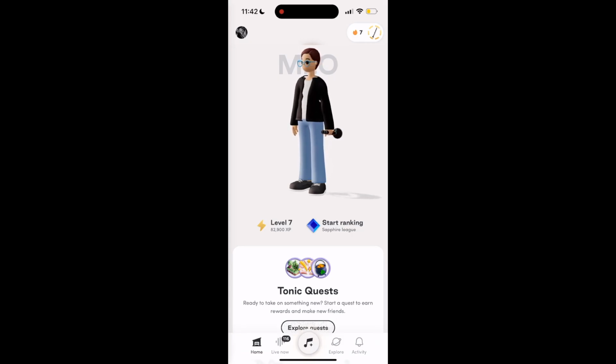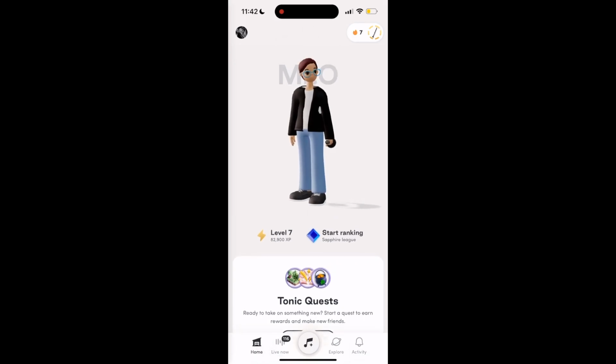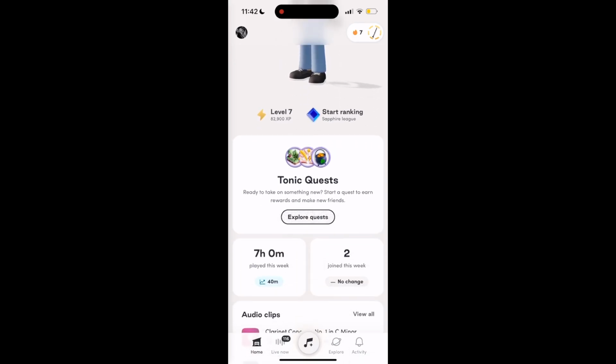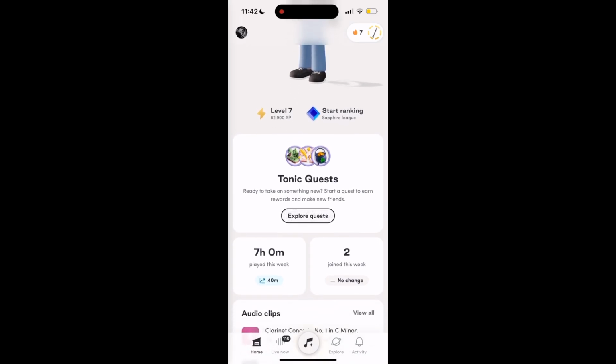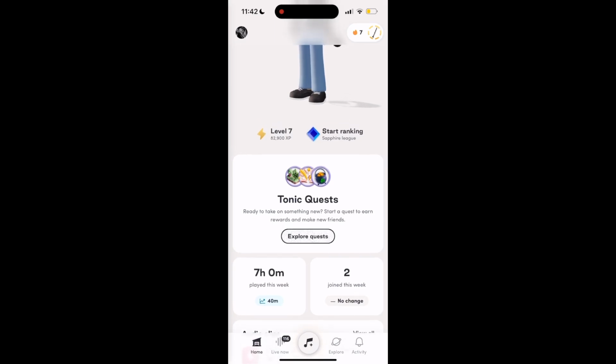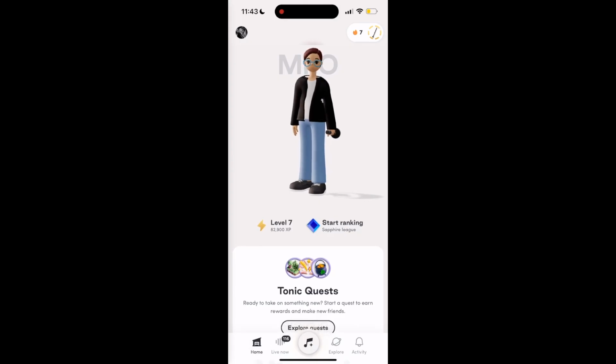So let's see if we can get some experience, because we can get experience not only by practicing, but by actively listening to people practicing. So let's go into the live now. Oh, before I do that, I said that you can see your practice time summarized. So it said I've practiced 7 hours this week. If I click on the clarinet that says Fire 7 on the upper right,